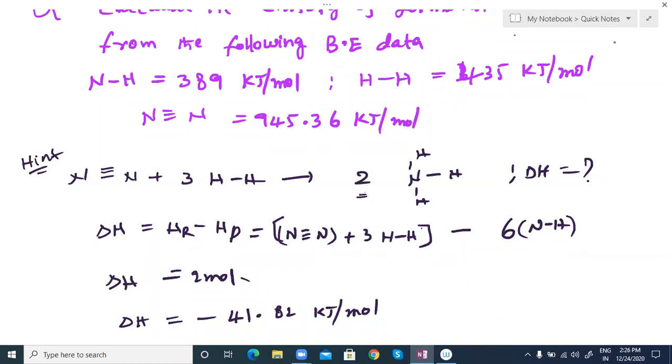Raghavendra, I told you that. If you are getting a different value, it means you made a mistake in multiplications, additions or subtractions. That is the only thing. Very clearly I mentioned the formula here. If you want, you can check it. Just take N triple bond energy plus 3 into H-H energy, substitute with minus, then get the answer, that is per 2 moles. But our answer is always per mole. Keep in mind, sir, per mole is the perfect answer.